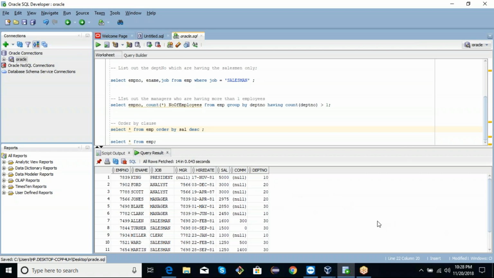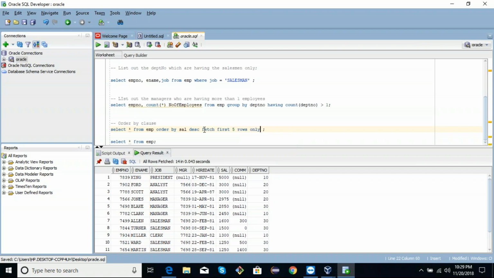And if you want to fetch only a few records, you can also do so. Mostly this will be useful because there is a timestamp, like update timestamp and insert timestamp, for each record in a table. And on that particular day, we want to see only the last few records, mostly from the testing point of view. So if I want to display only the top 5 records, what would be the command? Select star from EMP, order by sal desc, fetch first